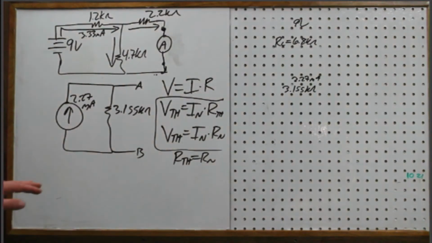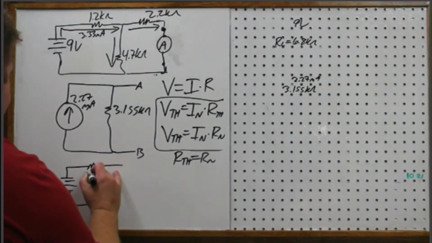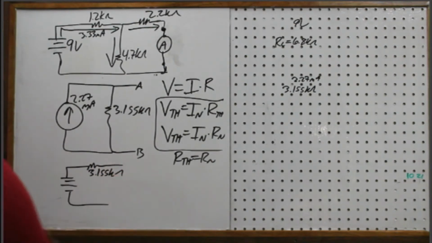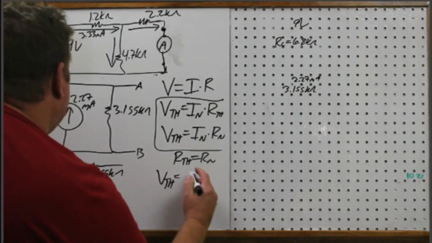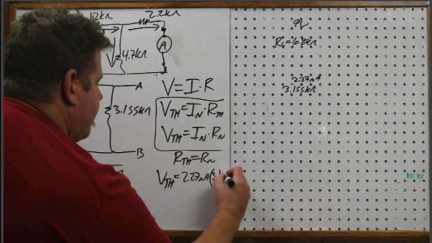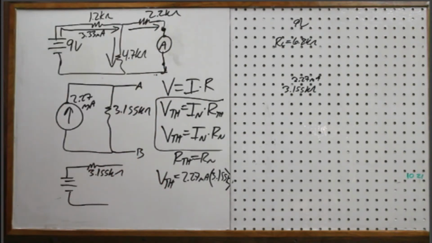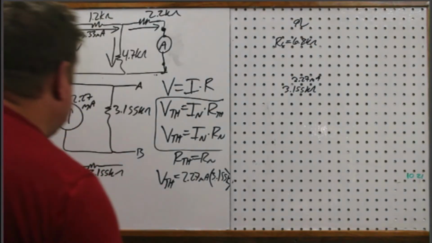So if I ask you for both the Norton and the Thevenin equivalent, all you're doing is a simple calculation. To find the Thevenin equivalent here, I've already got half of it because this is just 3.155K. Now I need to find this voltage by taking 2.27 milliamps of current times the 3.155 kilo-ohms. The K and the M will cancel, so 2.27 times 3.155, and I get 7.16